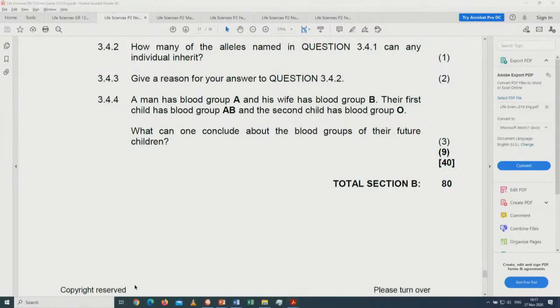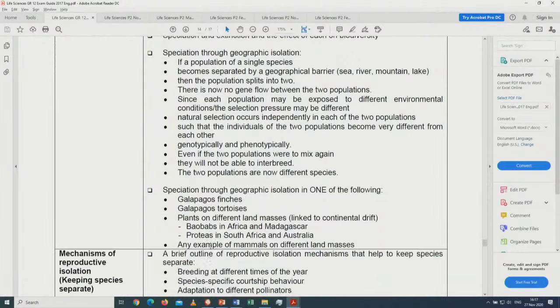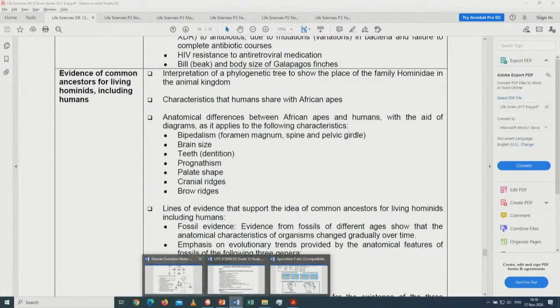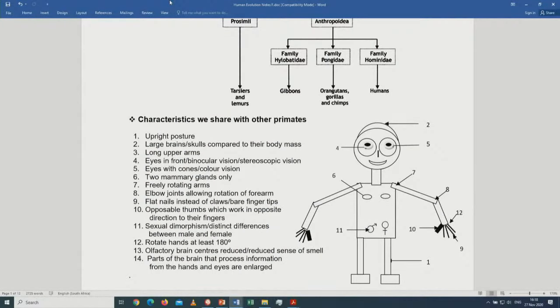Moving on, now we look at human evolution. In human evolution, we look at characteristics that we share with other primates, which include an upright posture, a large brain, long upper arms, eyes in the front with binocular vision or stereoscopic vision, eyes with cones, two mammary glands, freely rotating arms, elbow joints allowing rotation of the forearm, flat nails instead of claws, opposable